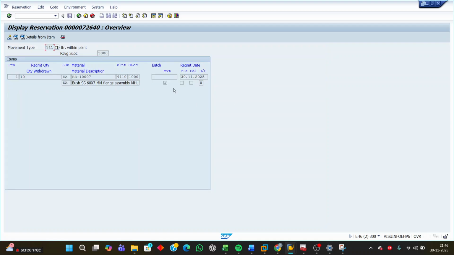And another important point here is, if we display the reservation here, see here. So before the transfer posting was done for the reservation, or before the reservation was posted, okay, here the final issue indicator button, we can see here it is blank. Now after the reservation is completed or the transfer posting is done for the reservation, this final issue indicator will be checked here. So what we will do, we will again in the same screen go back here,